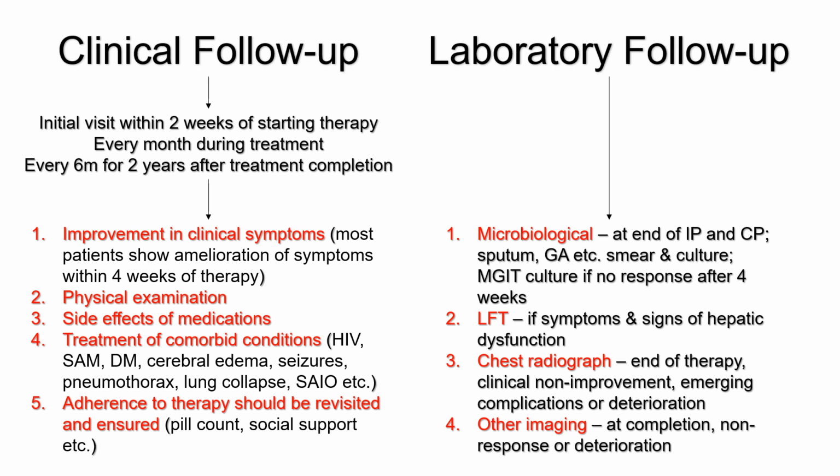Next, we have to do chest radiograph. Chest radiograph has to be done at the end of therapy. Second is, if clinical non-improvement is seen at the end of 4 weeks, we have to repeat the chest radiograph. And any emerging complications or deterioration, suppose symptoms suggestive of pneumothorax are present, so that is indication of doing chest radiograph itself. And other imaging investigations like non-contrast CT scan of brain or other investigations, CT scan of abdomen, etc.,